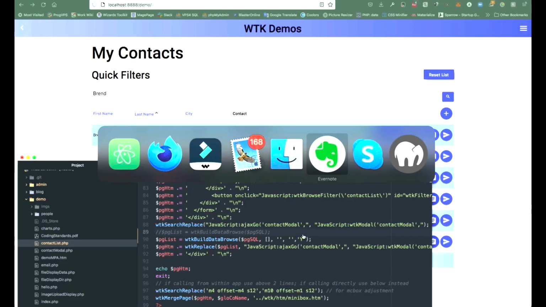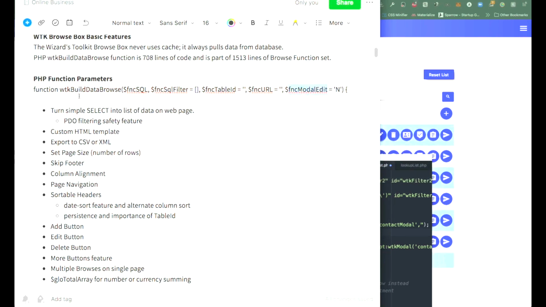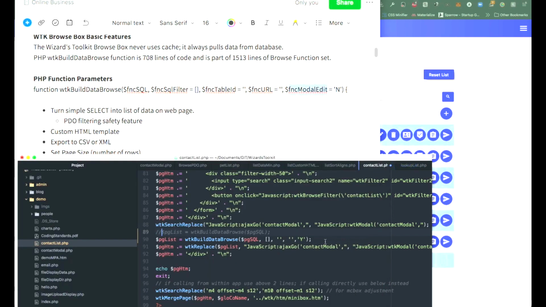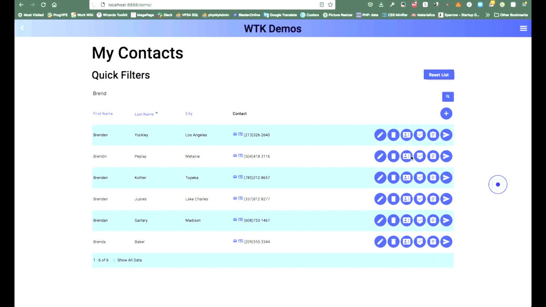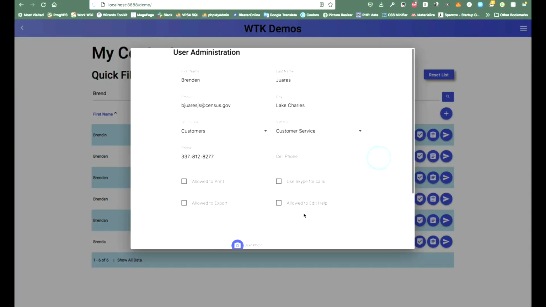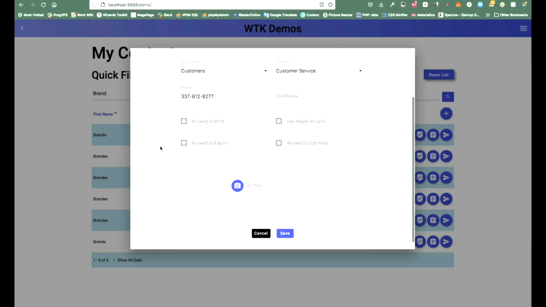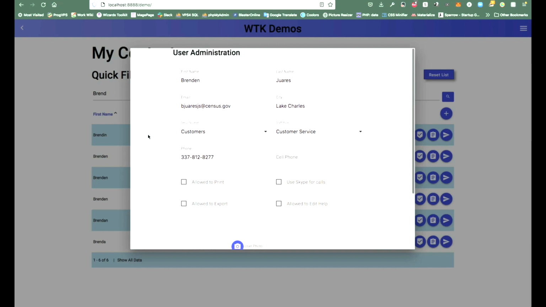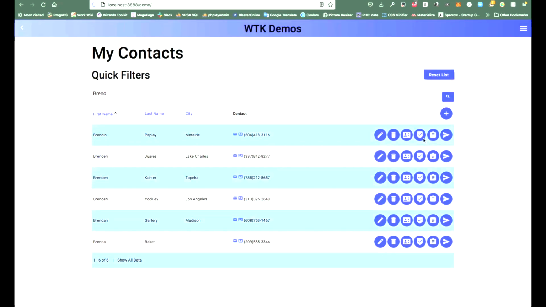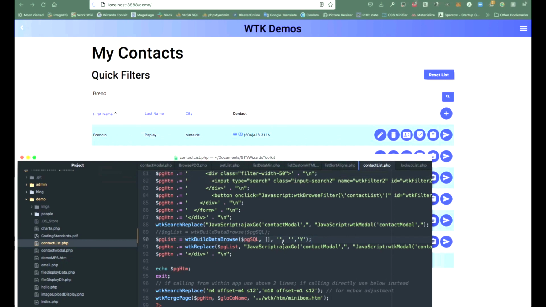All right, remember up here, the last parameter in wtkBuildDataBrowse is whether you want to be modal edit. Now, it defaults to no. I'm going to change it to yes. When I change the sort order, it is updating the whole browse box, which includes the edit buttons. So now this pops in a modal window instead of as a separate window. So again, if I change this back,